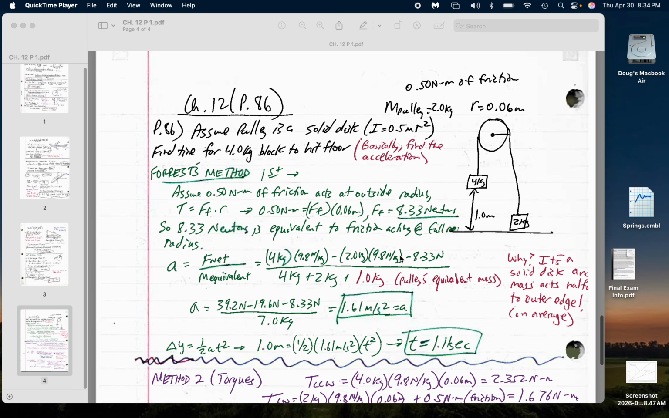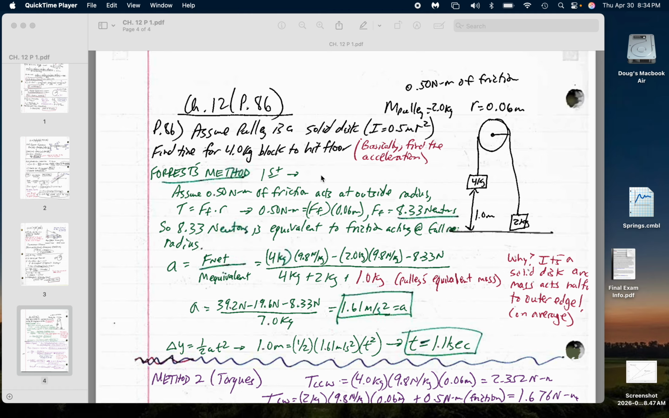The last one is a similar one to an example I did in class, so that's problem 86. So essentially you've got a 2 kilogram block here, a 4 kilogram block here, a solid disc as a pulley with a mass of 2 kilograms and a radius of 0.06 meters, and there's 0.5 newton meters of friction. It sounds very complicated. You're asked to find the time for this 4 kilogram block to hit the floor 1